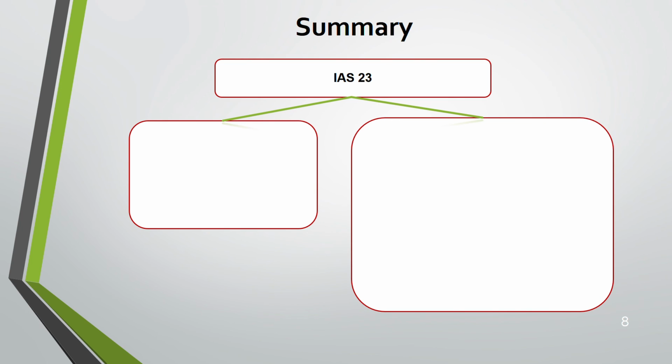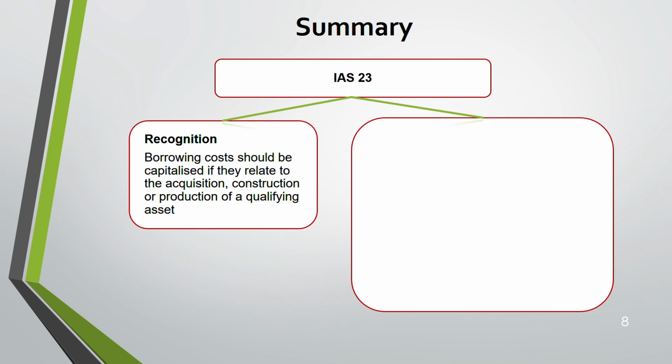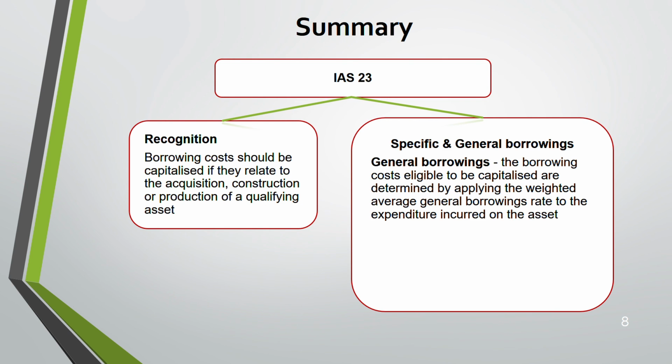So now let's come to the end of IAS 23. Starting with recognition, we told you only capitalize borrowing cost if it's for a qualifying asset. Qualifying asset means if it takes a long period of time to get ready for use, like buildings or like that. Coming to specific and general borrowing. If it's a general borrowing, you need a weighted average. That means general borrowing could be used for various purposes, 1 or 2 or 3 purposes. Out of that, how much you can capitalize? That is known as weighted average. Maybe let's say 20% or 30%.